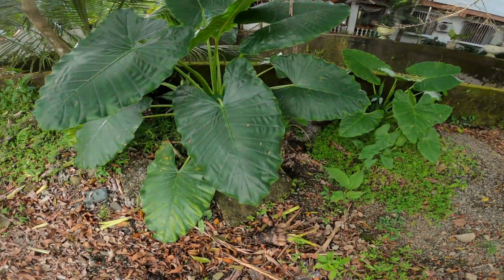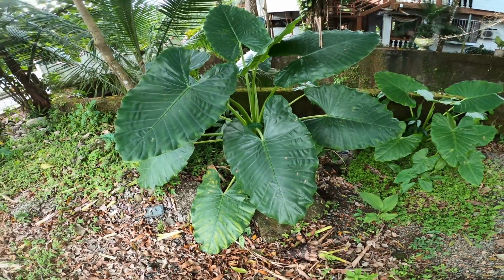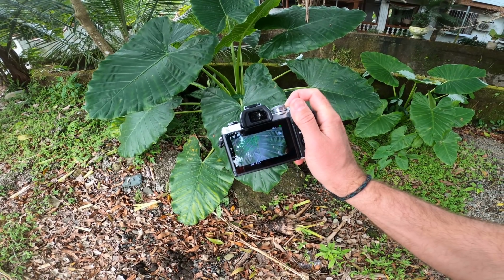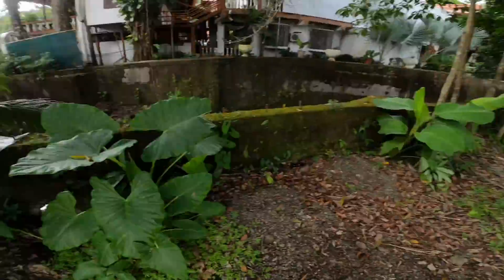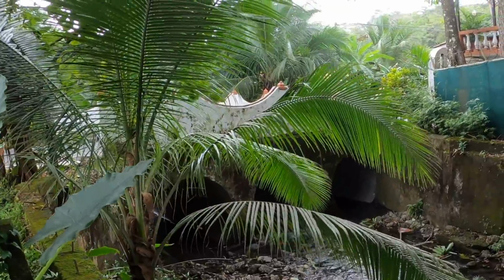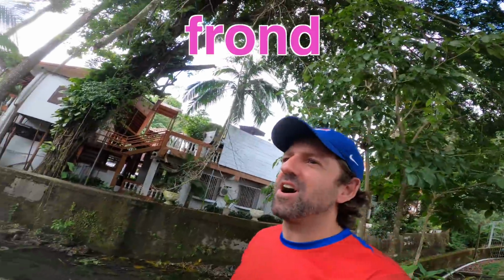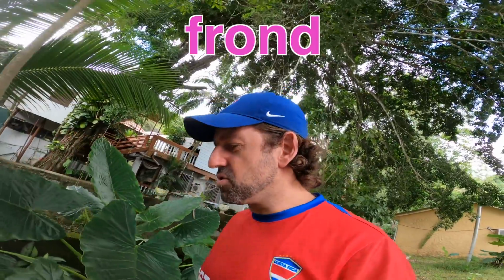Hey, look at these. Look at these leaves, guys. Have you ever seen leaves like that? That is a giant leaf. Man, I love leaves. Look at all these just big leaf plants. I mean, in Canada, we don't really have, look at those big green palm fronds. I think those are called fronds. Have you ever heard the word frond? I think if you Google